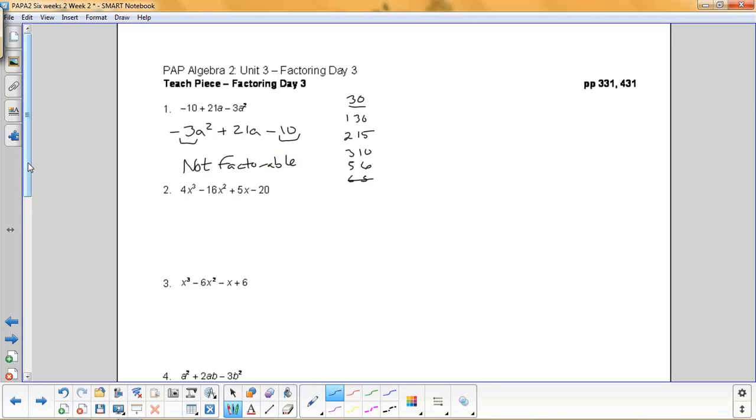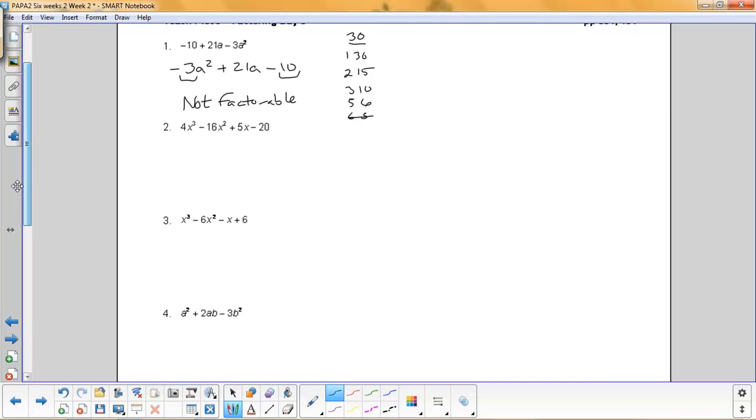As I mentioned before, 4 term grouping is going to be the key to today's teach piece. So make sure you're in descending order, and you are. Group your first 2, group your last 2. Take out the greatest common factor, which is 4x squared. What's left inside is x minus 4. Take out your greatest common factor, which is 5. And you get 4x squared plus 5